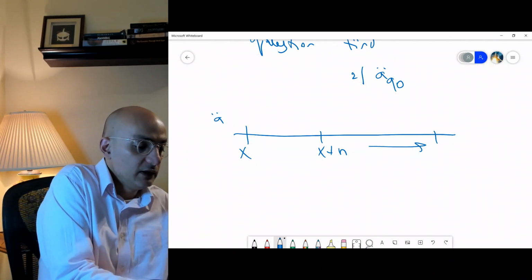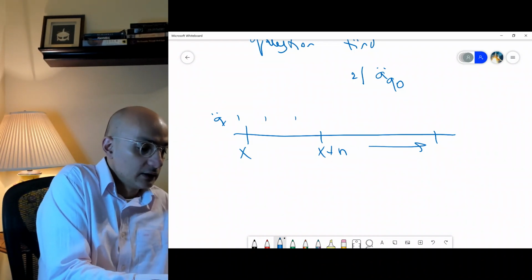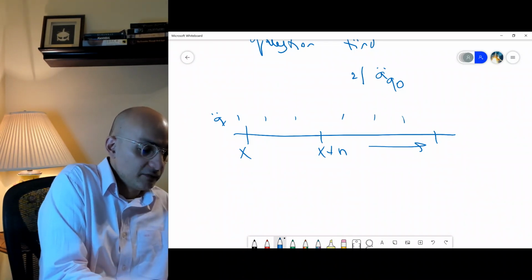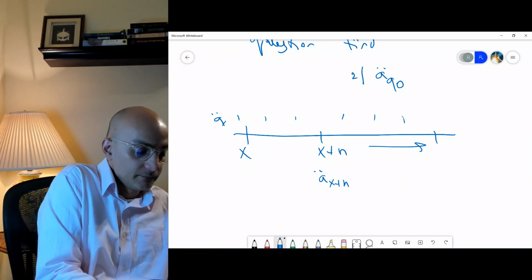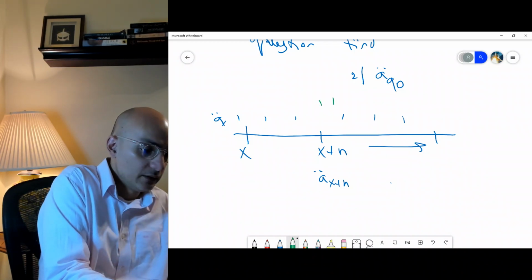If you have ax, it keeps giving you payments all the way. Now what if you have ax plus n here? This will give you 1 1, maybe in green, 1 1 1 1,